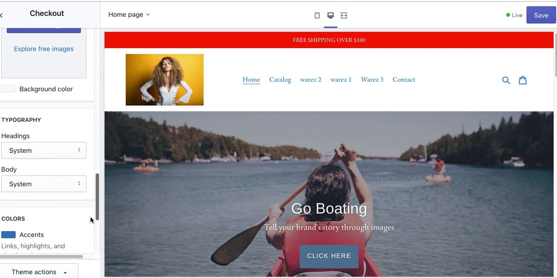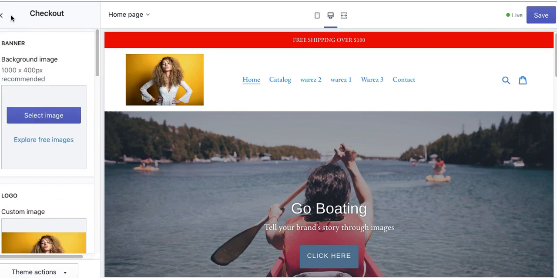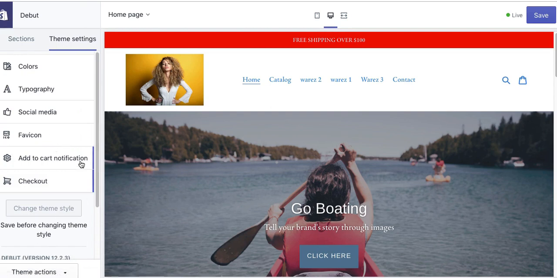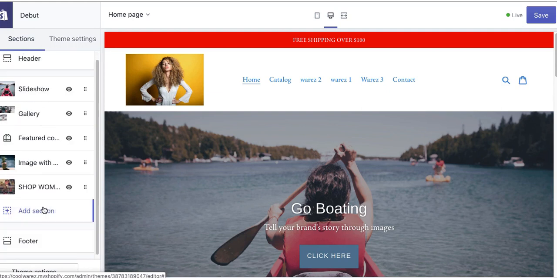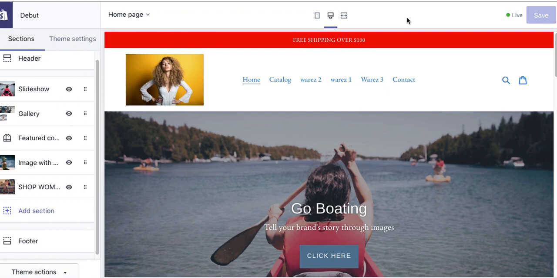Order summary, typography, so you could change all that stuff too. Okay, let's go back. Remember, this is just for this Debut theme. Other themes have more options in theme settings. They have more stuff under sections and the ability to have other items. Remember, the free themes are going to be very limited, but just enough for you to get started, and then